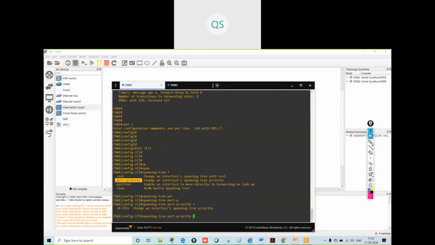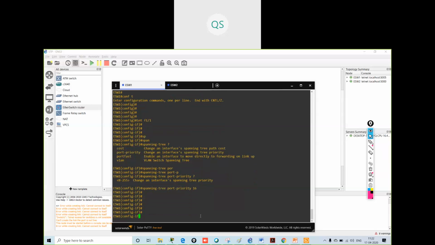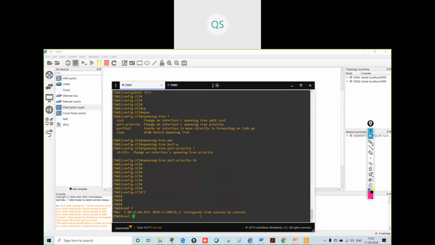I can give the port priority from 0 to 255. So what will I give? I will give the port priority as 16. Lowest is preferable. Show spanning-tree.